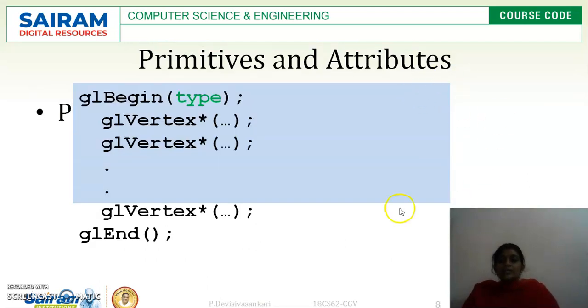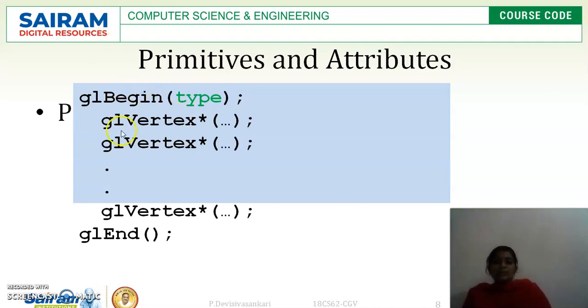And this is the way the primitives as well as the attributes will be given inside the program. Always it should start with glBegin of type. Here the type should be specified. Type in the sense it can be GL_LINE, GL_POINT, or GL_POLYGON, or GL_SQUARE, GL_TRIANGLE, whatever it is.